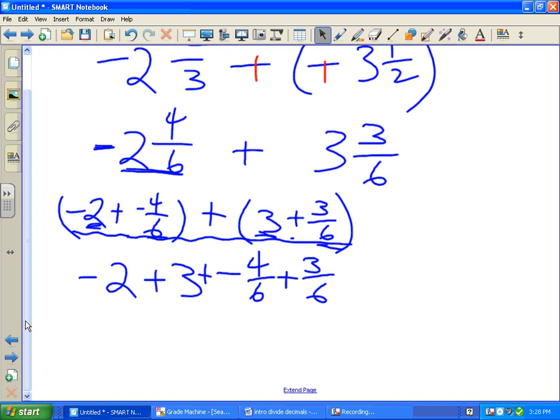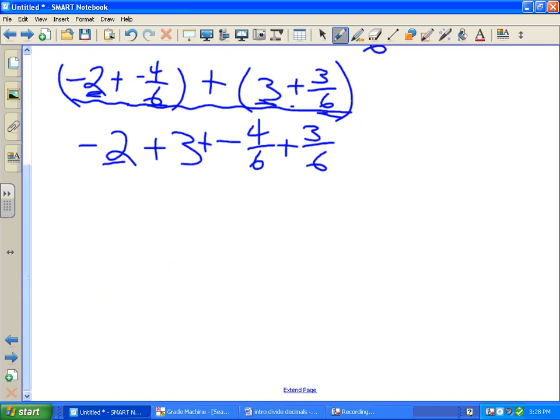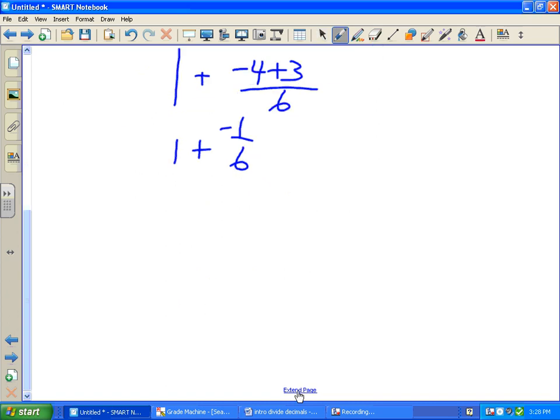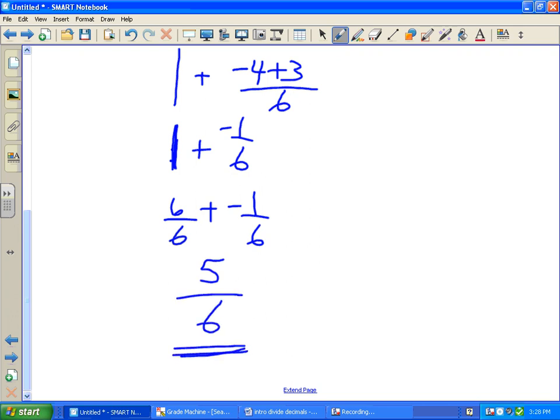What that's going to give me is negative 2 plus 3 making a positive 1, and then negative 4/6 plus 3/6 can be combined over the common denominator, and I now have 1 add negative a sixth. At that point, I can reason that if I take 1/6 away from one whole number, it leaves me with 5/6. If I can't do that in my head, I can always change 1 to a fractional form of 6/6. And either way, we come up with the same answer we did